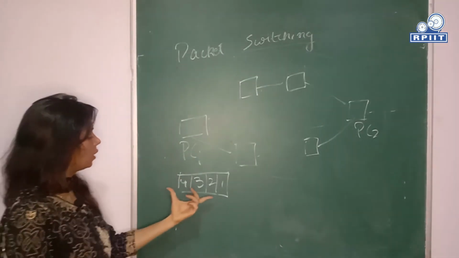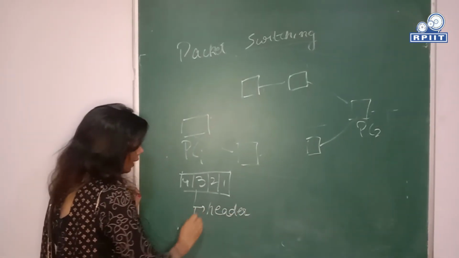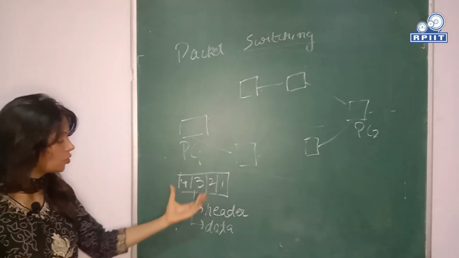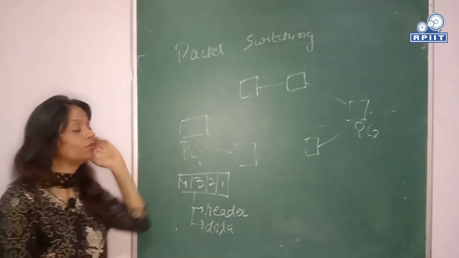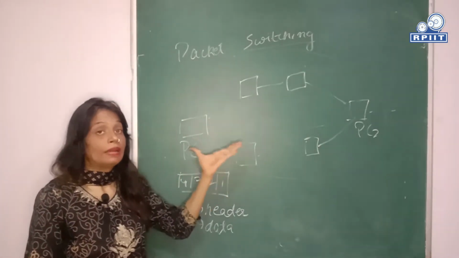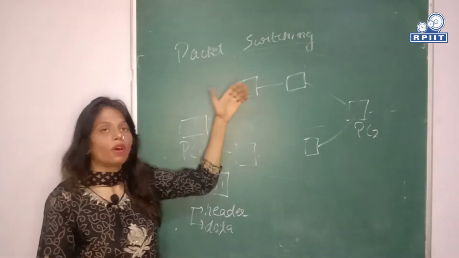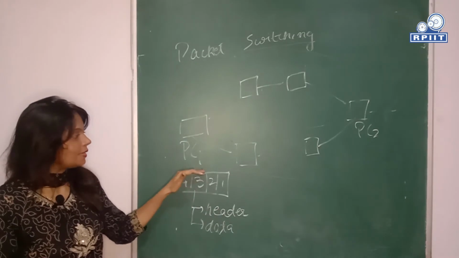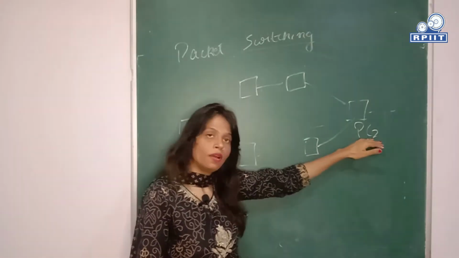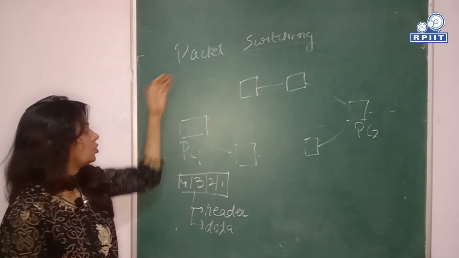In packet switching, the packet basically has two fields, that is the header part, okay, and the data part. Now, what is data part? Data part contains all the information related to the message, and header part contains the control information related to the message. Now, what is control information? The control information is the information which usually tells all the nodes over the network that this particular packet belongs to this node or not. Okay, so control information tells the particular receiver that the message that is transmitted over the network belongs to this particular PC. Okay, so this is header part and the data part. This is packet switching.